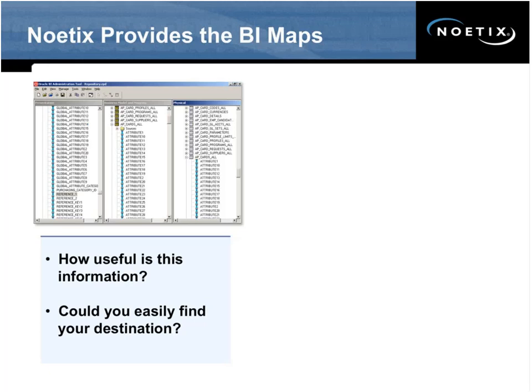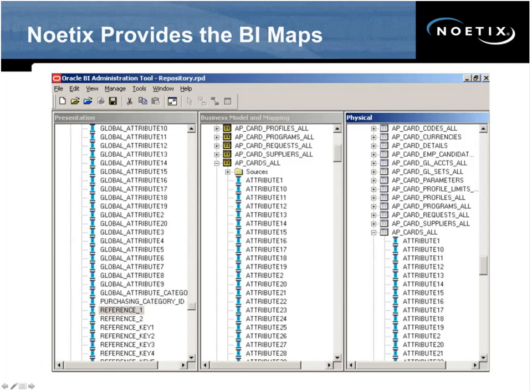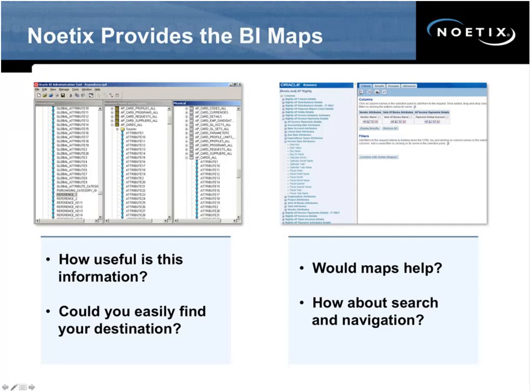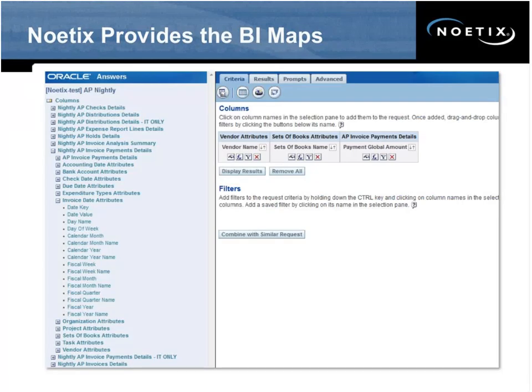And by default, if you try to connect it to your enterprise system, you see things like attribute 1, 2, 3, 4, 10, 11, 12, or reference key 1, 2, 3, or other more useful but still cryptic column names or table names, when really what you want is maps, right? Something that will help you search and have guided navigation to your data